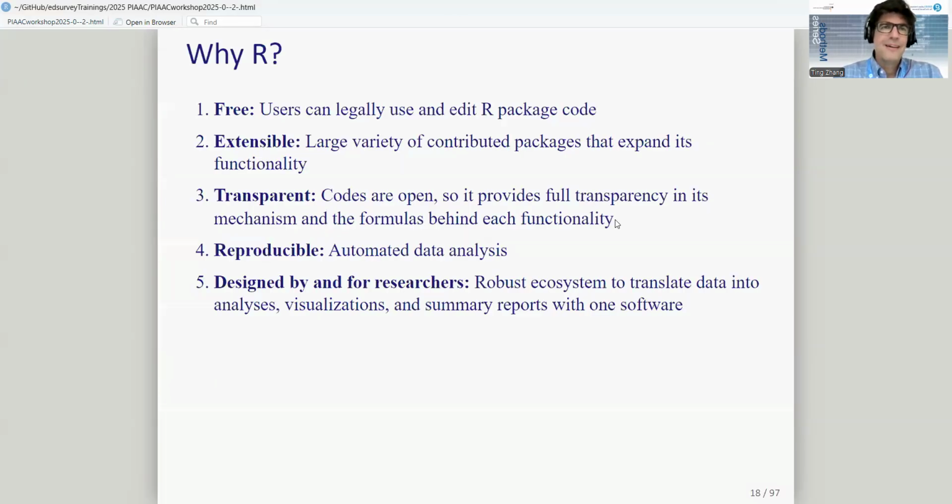So, the first question I might have is why would I want to use R? The reasons that I like to use R is that it's free, so you can legally use and edit R package code available from CRAN, or the Comprehensive R Archive Network. It's extensible. There's a large variety of contributed packages on CRAN. And it's transparent. I can look at the R code that I'm using and get a sense of what's going on. It's reproducible, so I can share my code with somebody else and they can get the same results. And it was designed by and for researchers, so it's really targeted towards the group of people who are doing